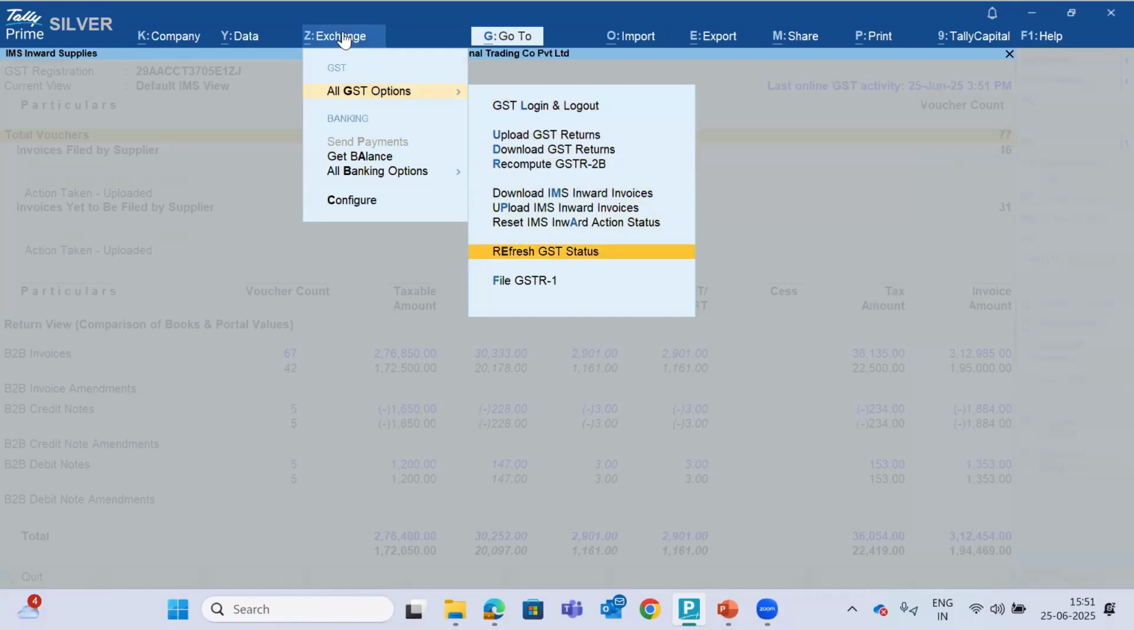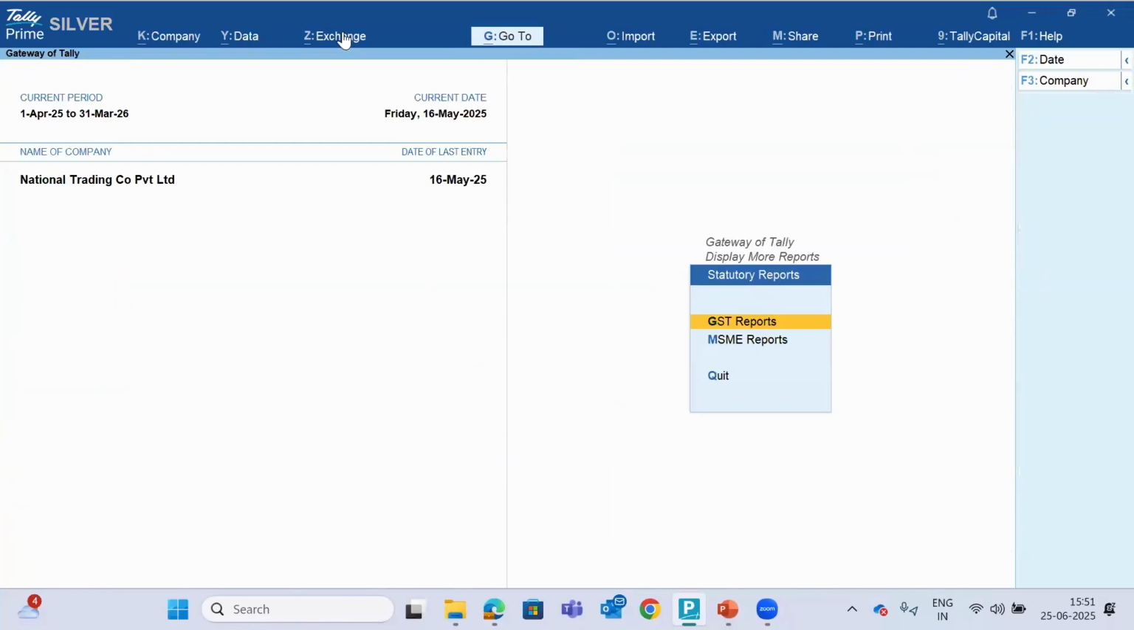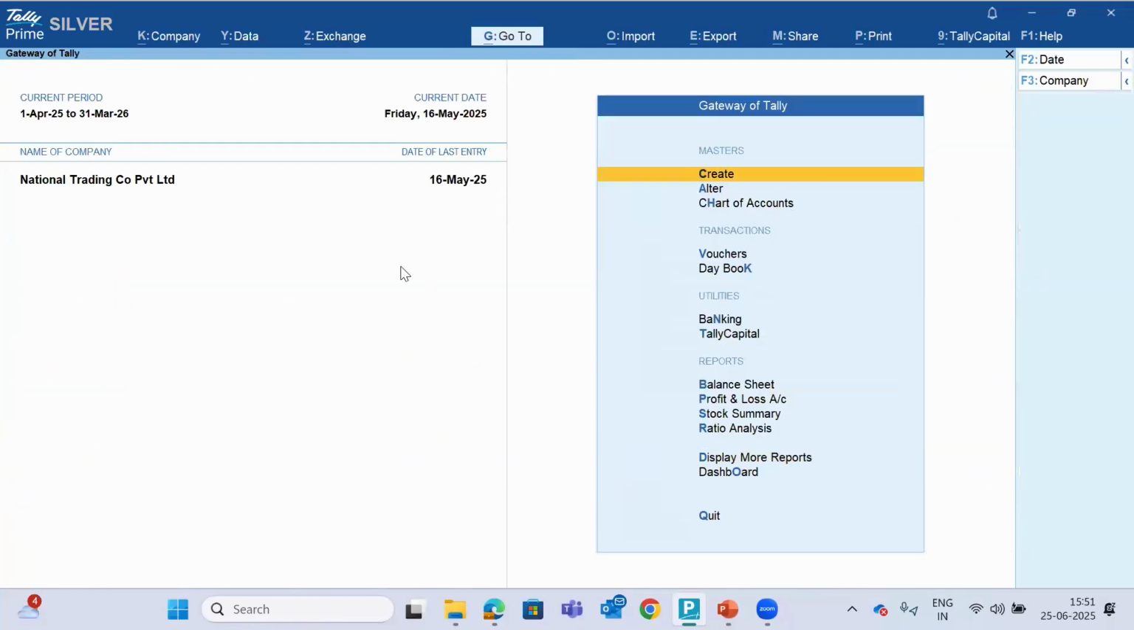Okay, refresh the GST status. It is given if there is anything in progress. So I don't have any in progress, so I can refresh it. Okay, this is the flow of